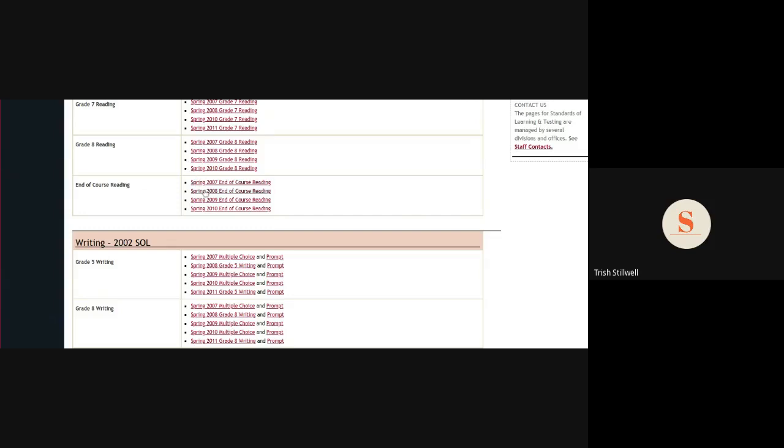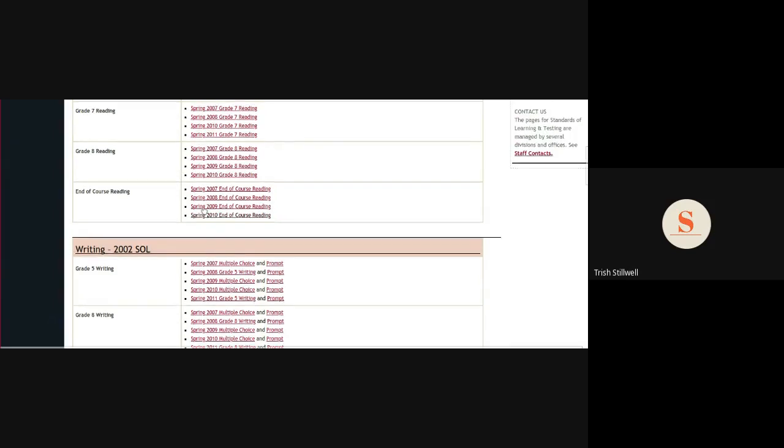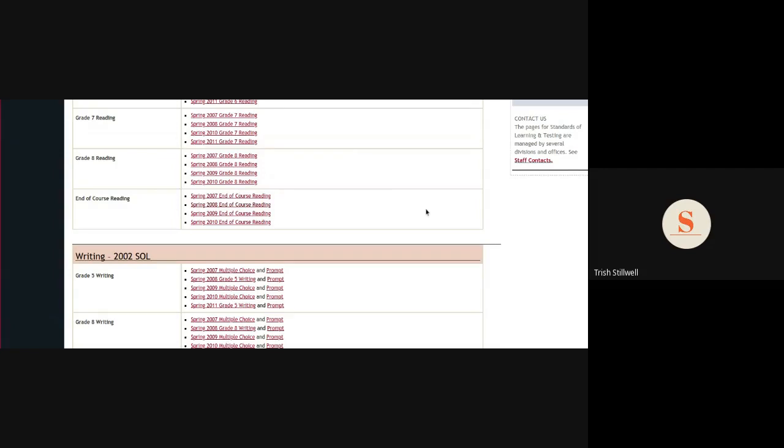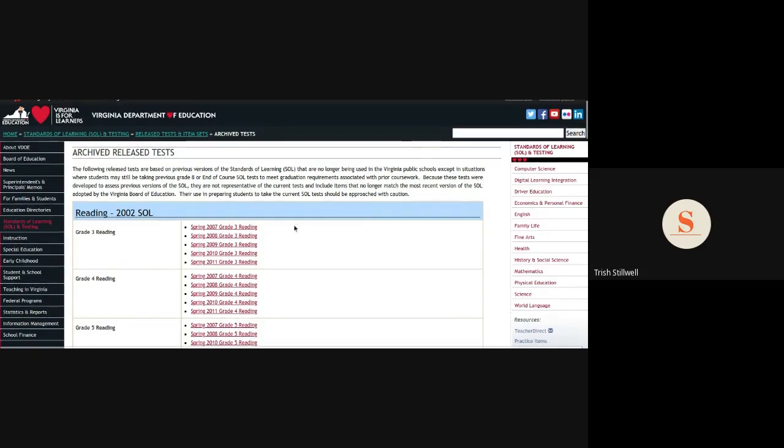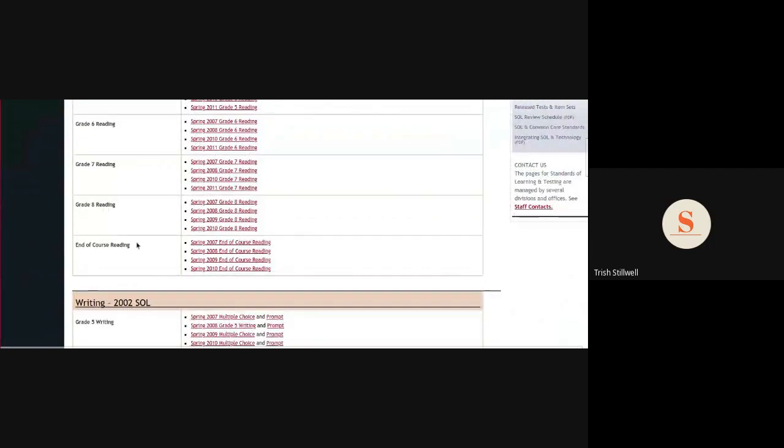There are many different dates for you to choose from. The template will look a little different. The template changed, I think, after 2013 or 2014. Okay, so a reminder, we're looking for EOC reading, and you can take them as practice. I do recommend having paper and pencil and writing down your answers. I'm just going to click on the 2007